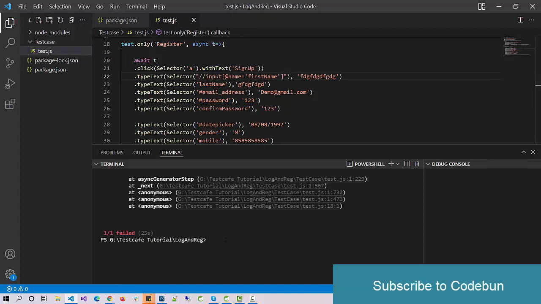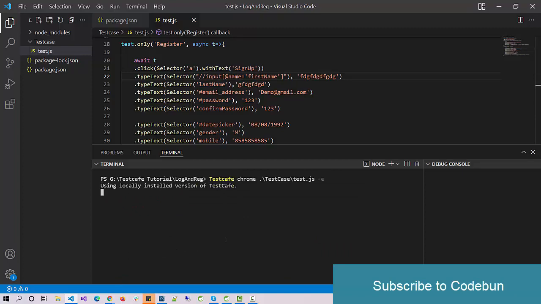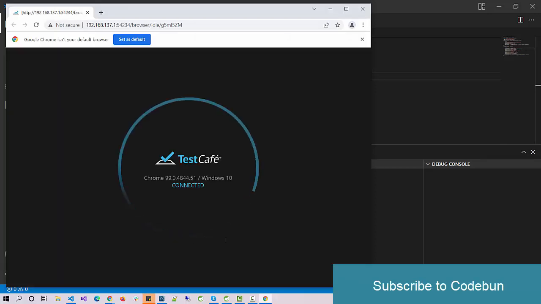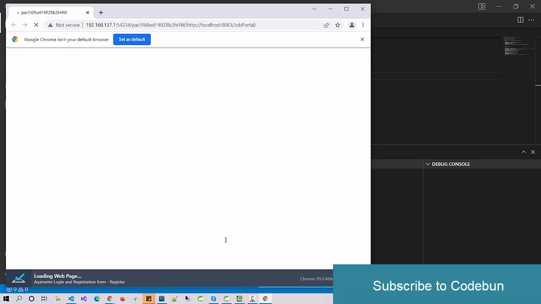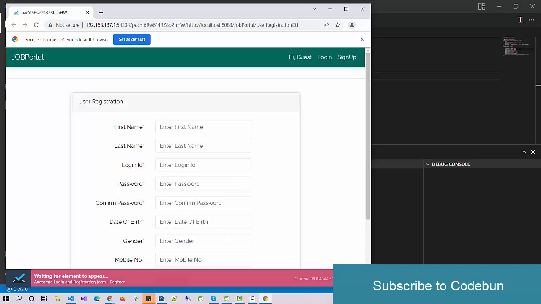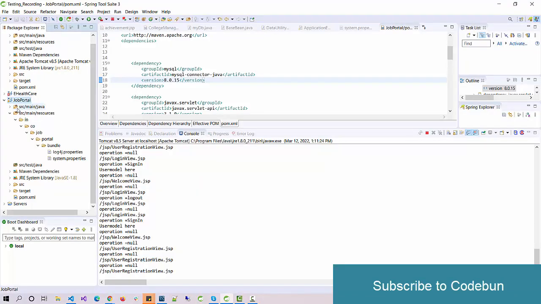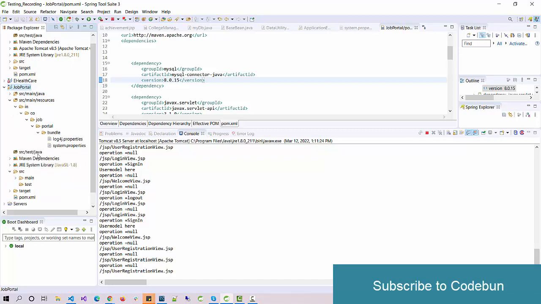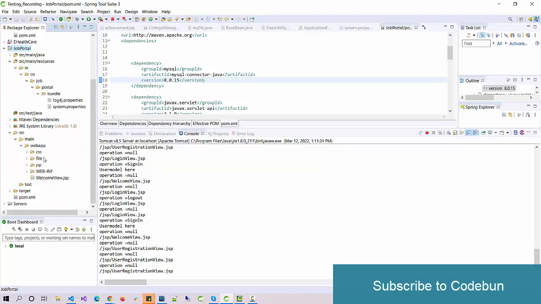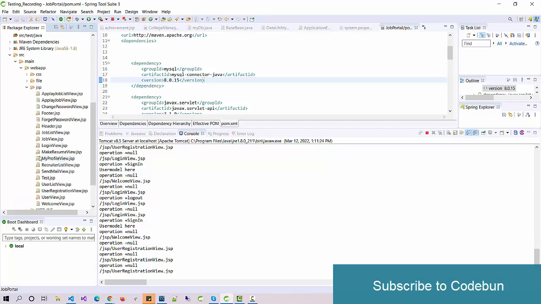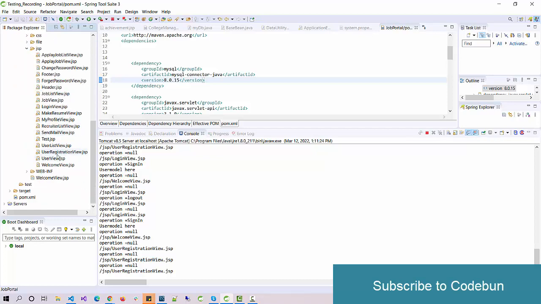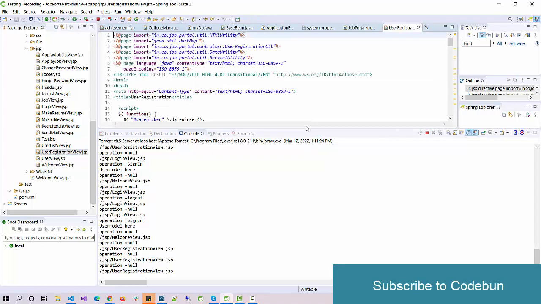I will show you different operations. If you face this kind of issue during your automation, how can you solve it live? We tried some attribute directly, that is not working. Then we changed the XPath and created a custom XPath, but that is also not working. So the better way, I will show you. I have this code, and we are working on the registration page. How can I modify the registration page data? I just move to my registration view,